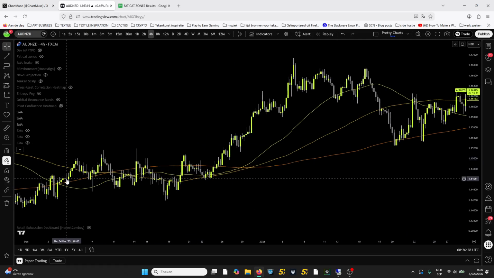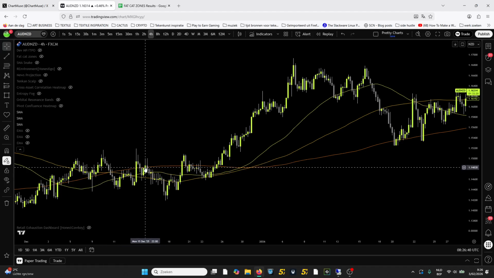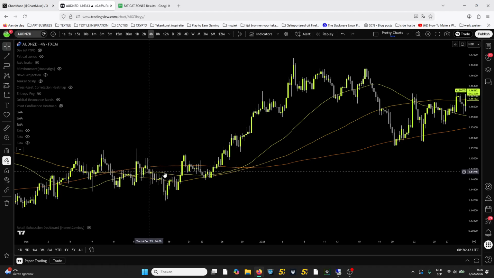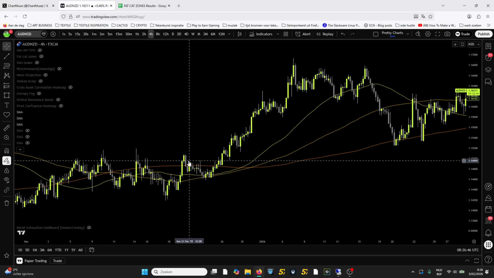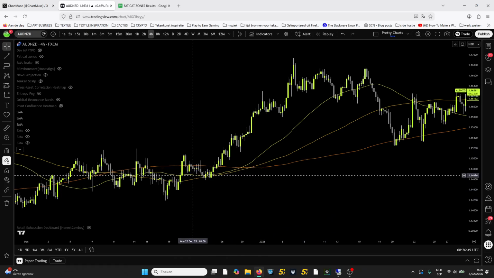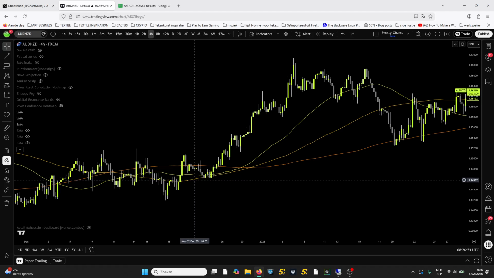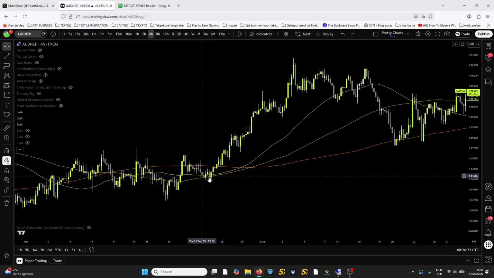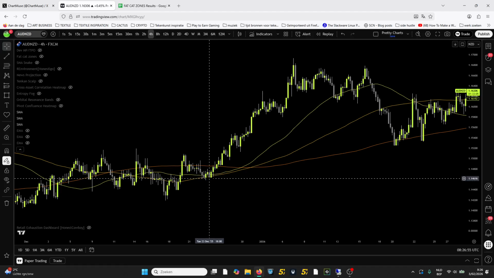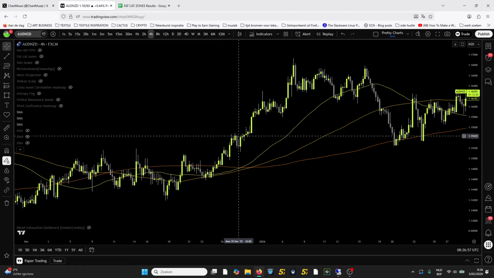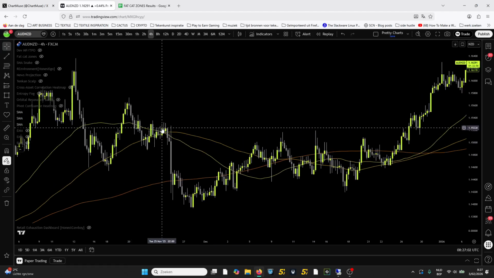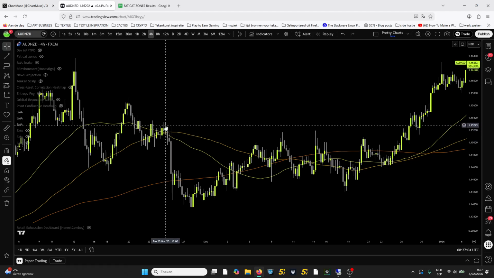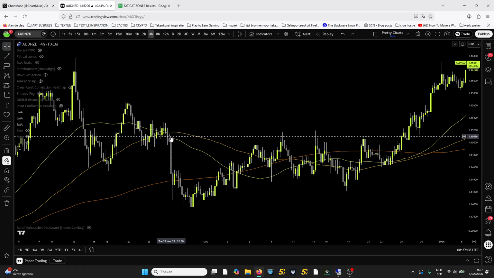Like here, you have a consolidation. Maybe I would have stayed out of the trade. Here it doesn't work. Here it doesn't really work. But here you got an area with two moving averages, price staying in it a bit, finding buyers, and then it starts to make a move up, and you can see it's a very big move. It doesn't always work, but when the moves happen from these areas where you got multiple moving averages,